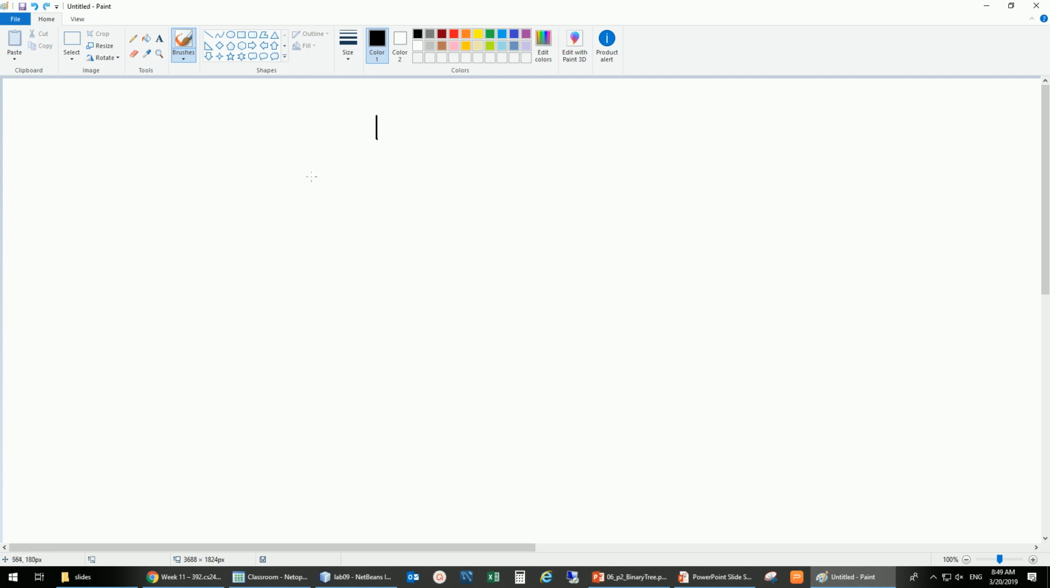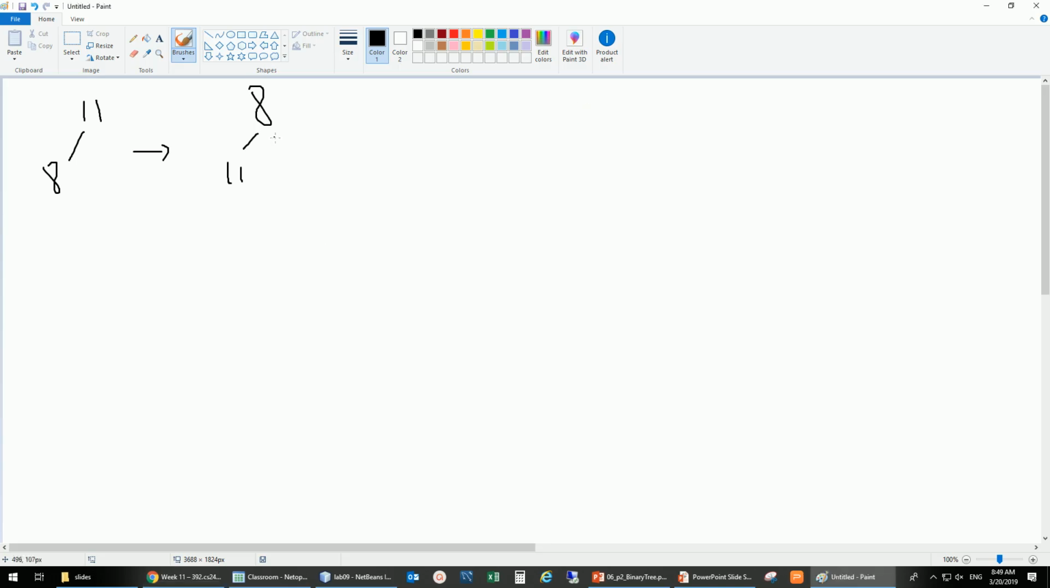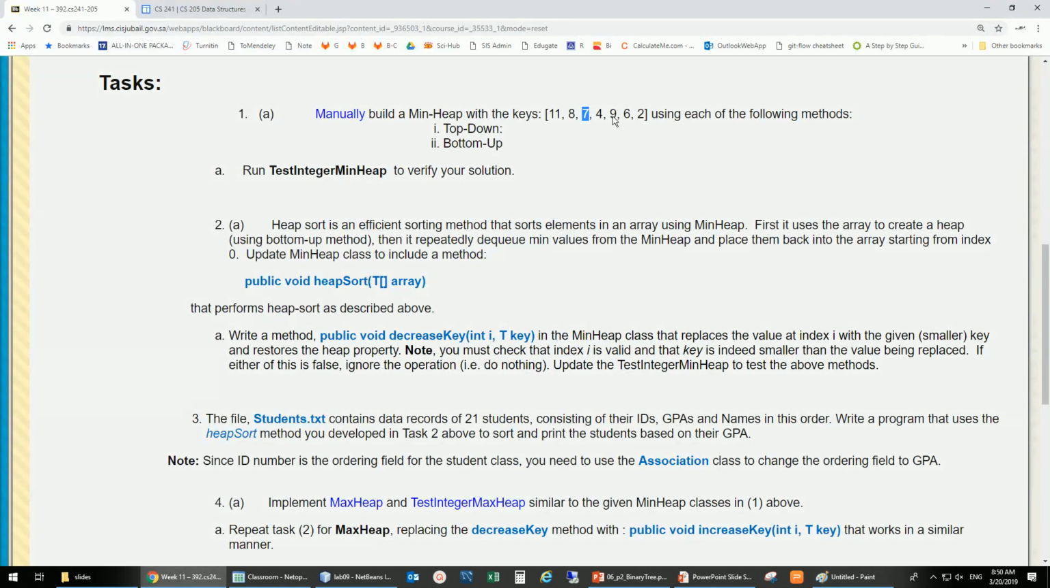Let me maybe do that in a different way. Let me do it from here, and then we add 8. Then what we need to do is swap 8 and 11. Then we add 7, and we still need to do some kind of swapping, so it becomes 7, 11, and 8. Then we add 4,